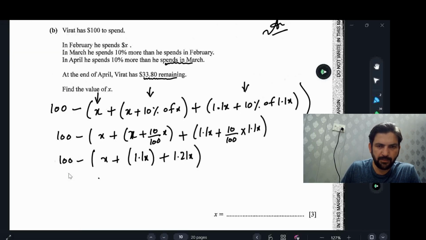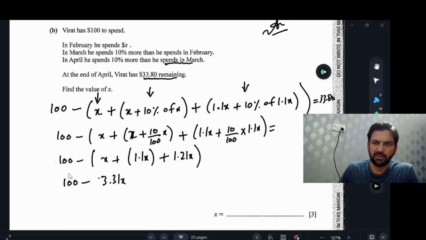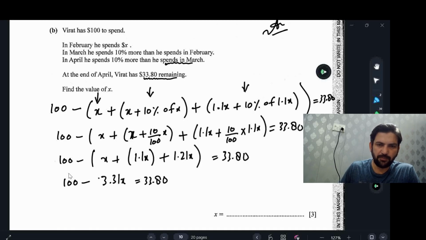So 100 minus 3.31x. Now keep this thing in your mind. This one should be equal to the remaining amount, because the total amount he has is 100 and we have to subtract the spending amount. So 33.80, this will be 33.80. Now if we simplify it, this should be 100 minus 33.80 is equal to